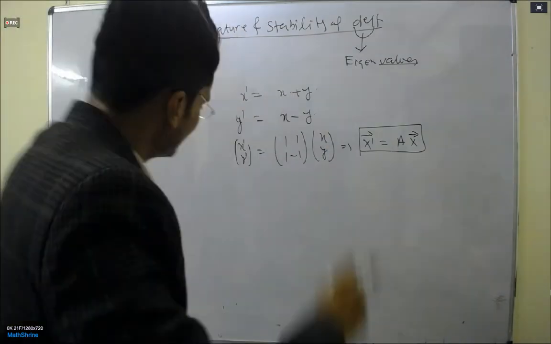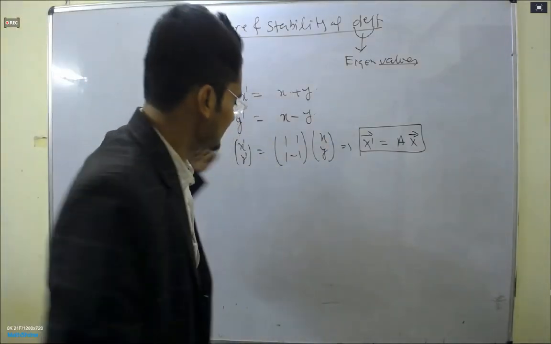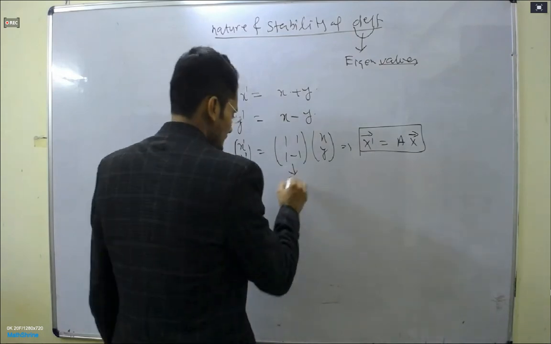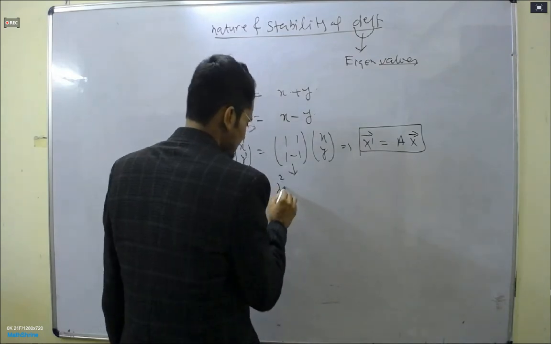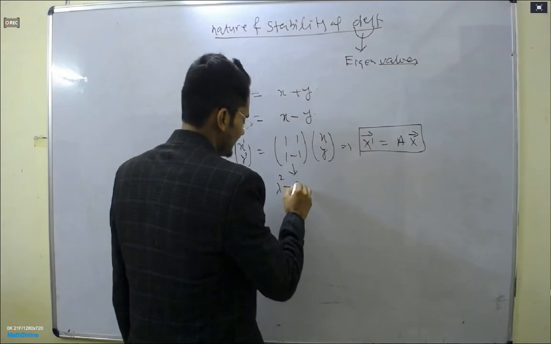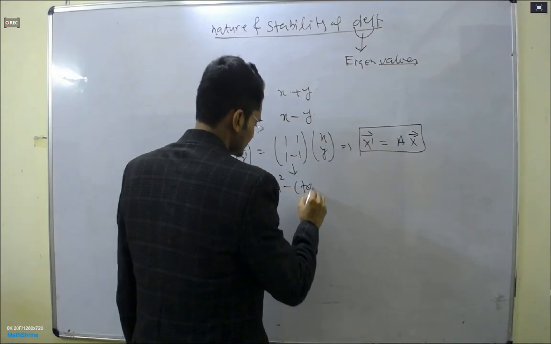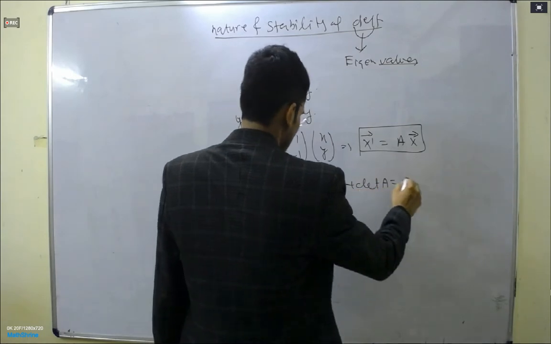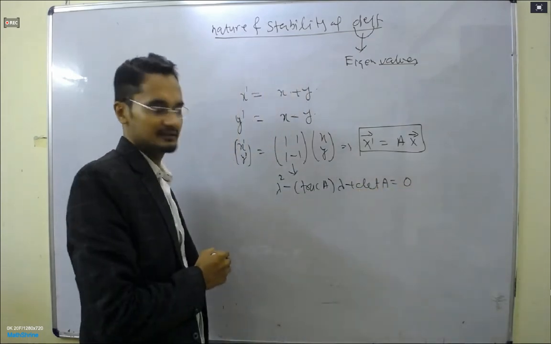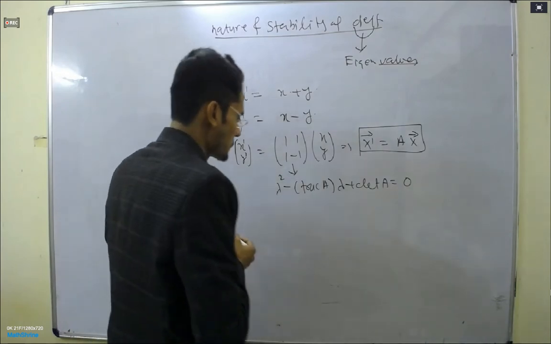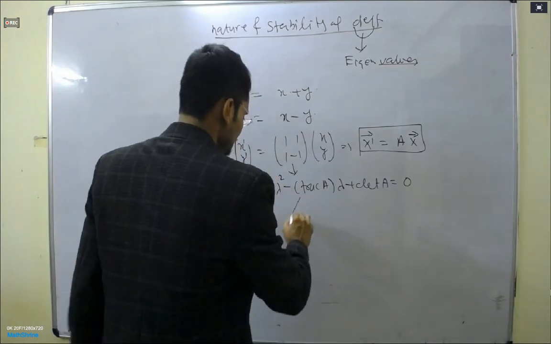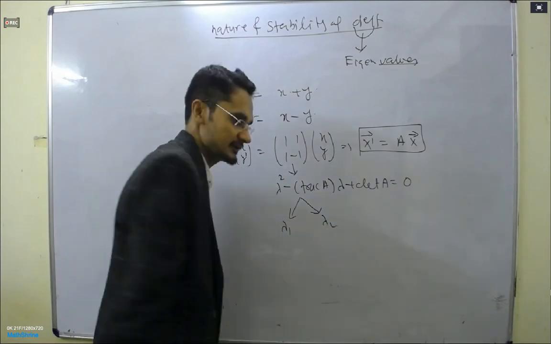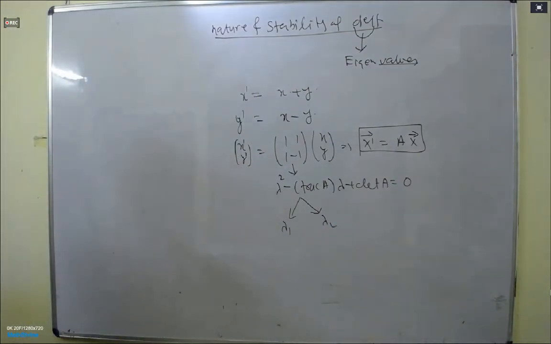Whenever we have a system of differential equations of the first order with eigenvalues lambda 1 and lambda 2, we definitely have two cases. Case number 1, when lambda 1 is different from lambda 2, and case number 2, when lambda 1 is equal to lambda 2. I suppose you know a little concept of linear algebra, and I hope that much you are aware of. The first case, when lambda 1 and lambda 2 are different, I do not want to explain, but I want to tell you about the eigenvector.